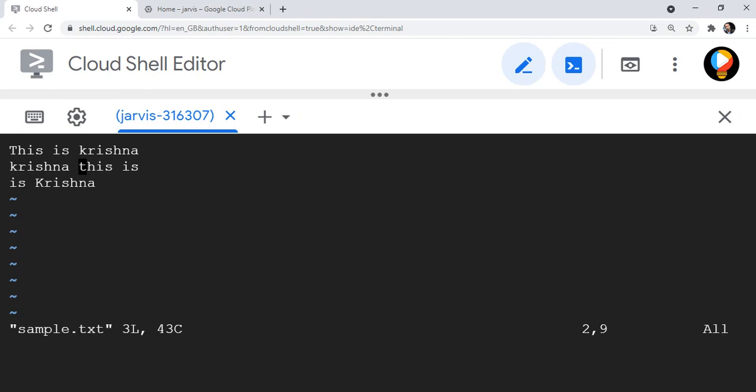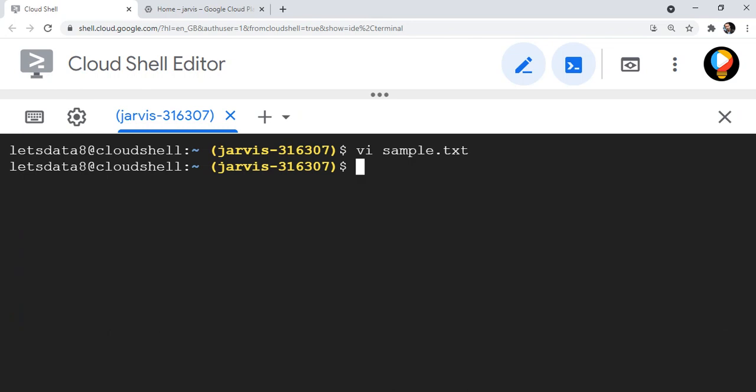So let's see how we can use grep command to manipulate this file, also how to use sed command and what is the difference between them. Let me quit this file, come out of the file. Now we will see what is grep command. Suppose you want to find some particular keyword or a line which starts with a keyword, or a line which has that keyword in the middle, or it can be possible that the keyword is at the last. Anything is possible. So in that case, you can use grep command to find the keywords or to find the matching lines with the keyword inside a file.